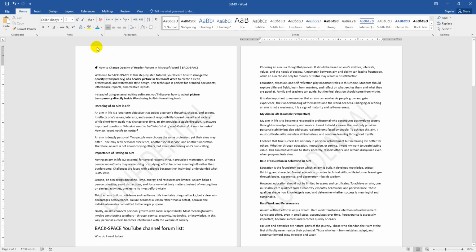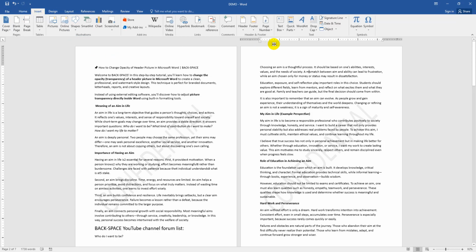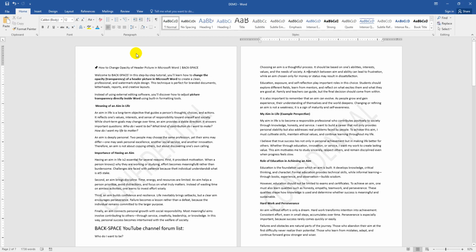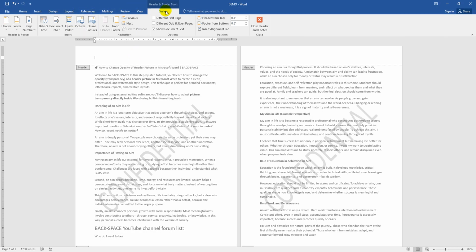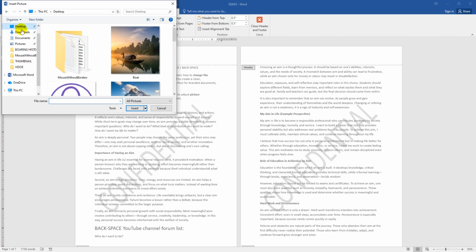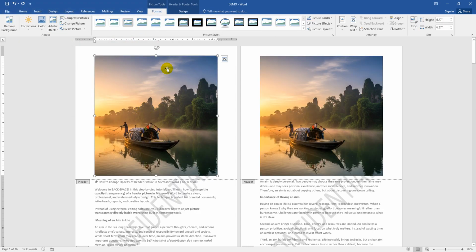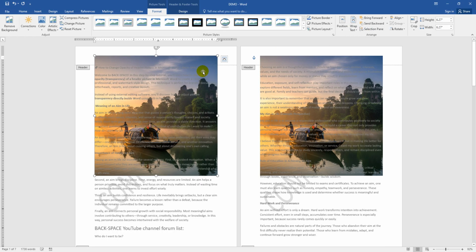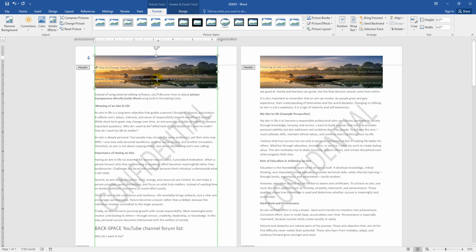You can add the header manually: go to the Insert menu, otherwise double click on the top of the page, then go to the Design menu and select the Picture option. Now I select a picture from my files. I select this image and click Insert, then select the image and go to the Picture Format menu or Picture Tools. Click the Wrap Text option and choose In Front of Text, then resize the image,